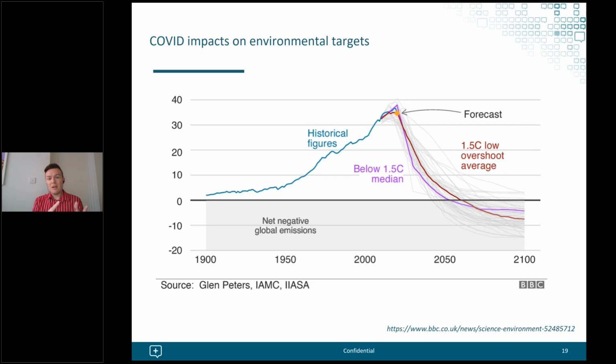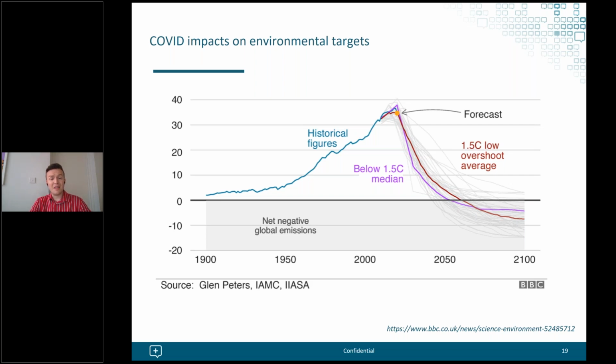And so those decreases, really what we need to avoid is what's happened historically, where that's a temporary blip, and we then transition back to pre-COVID activities. Instead, use this as a way to really transition how businesses recover and how they operate going forward. So that's a global lens on targets.